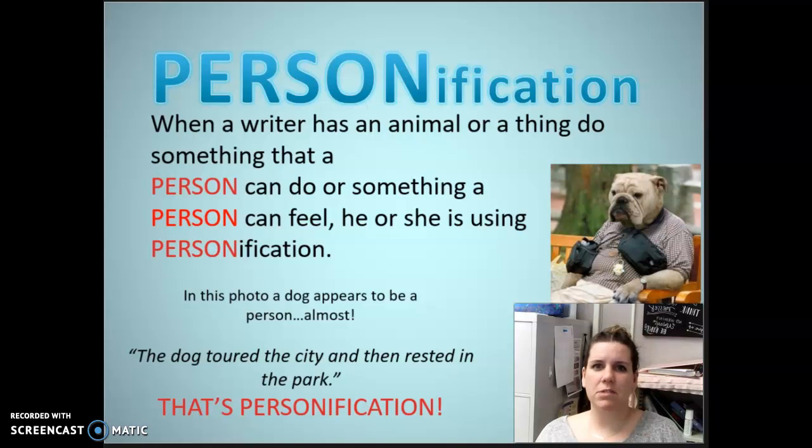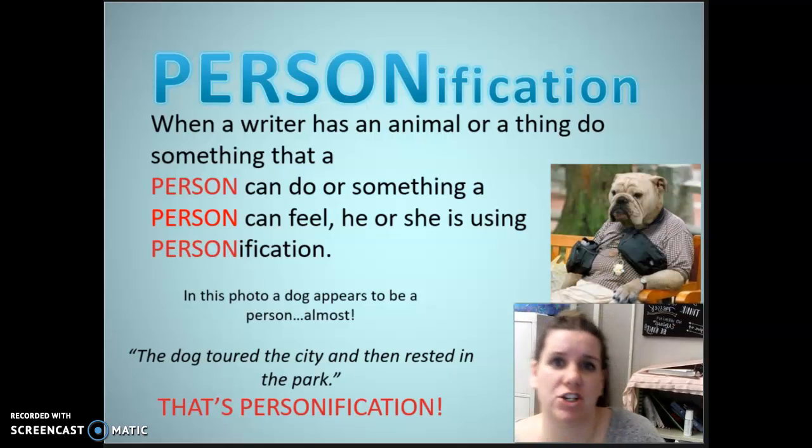Hey boys and girls, today we're talking about some more figurative language. We're talking about personification specifically. Some of you might know what personification is, some of you might not, but we're going to go over it today. And then you're going to have a little worksheet that should be able to be done pretty quickly about personification and picking out what is being personified.